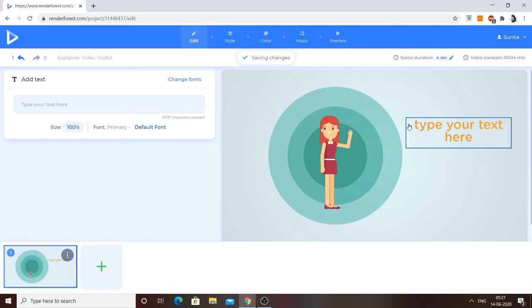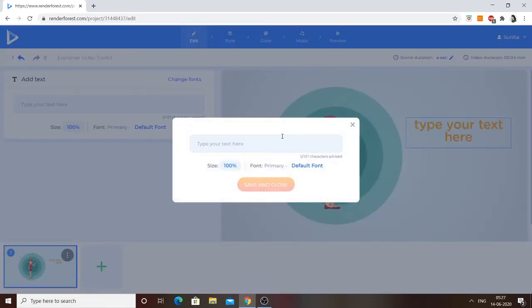This scene shows a female worker waving her hand happily. So whatever I want to type, I can type here depending on the scene I have selected. So I am typing hello friends. I have to click on save and close.